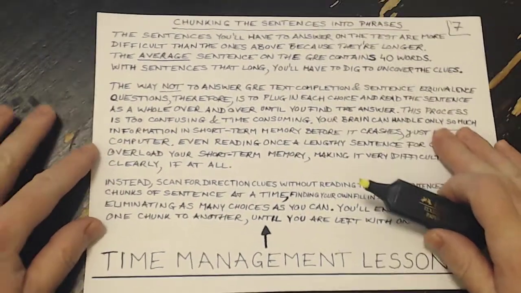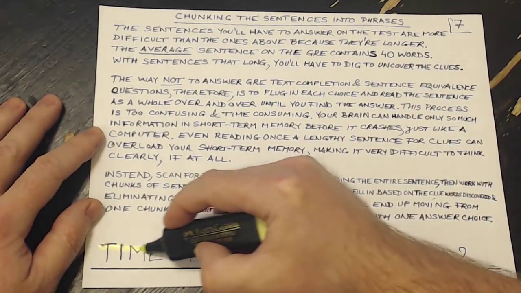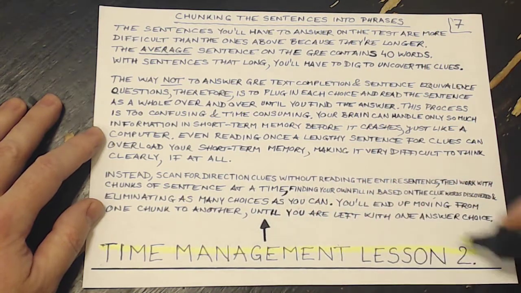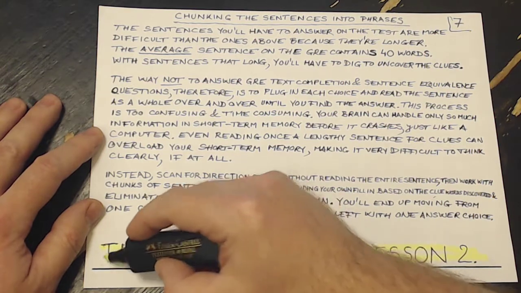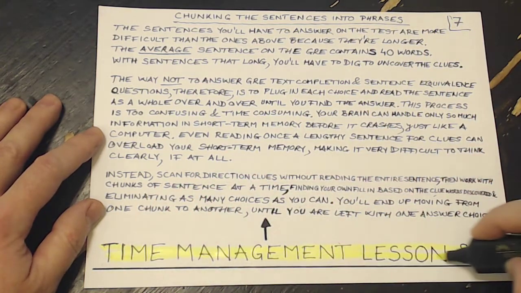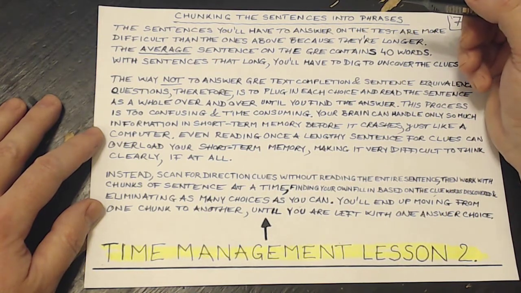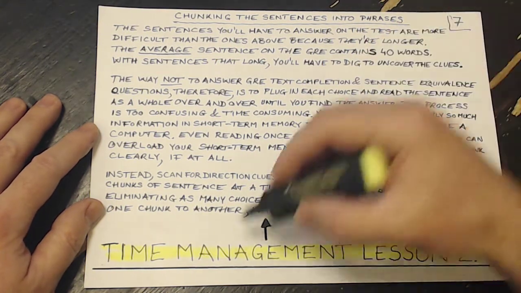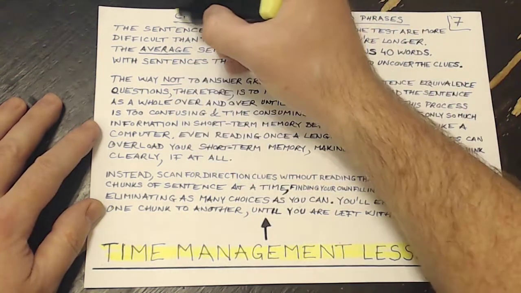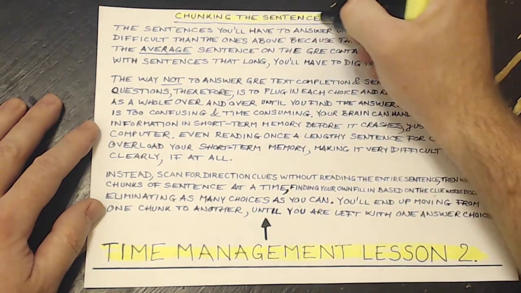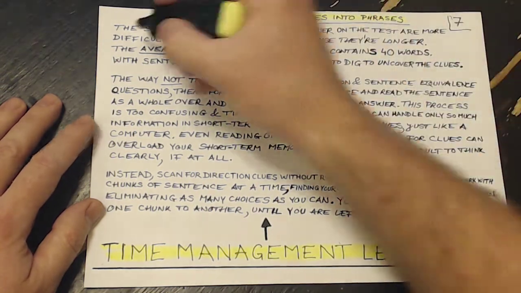So, based on these exercises, let's summarize time management lesson number 2. Let's recall that time management lesson number 1 previously said that we shouldn't read, rather we should just scan for direction clues and for clue words. Okay? Now, time management lesson 2 adds to that the following. You should manage your time by chunking the sentences into phrases. Why is that? Well,